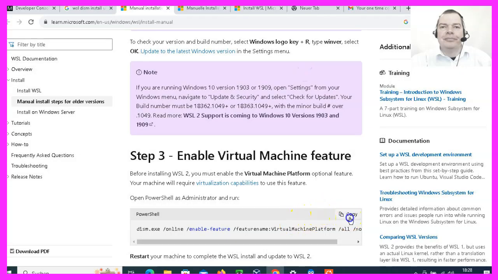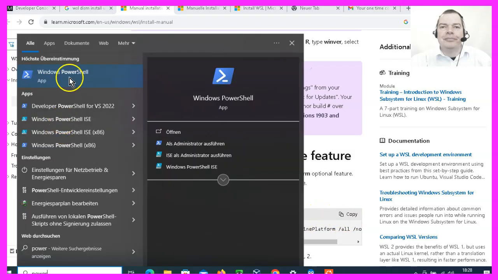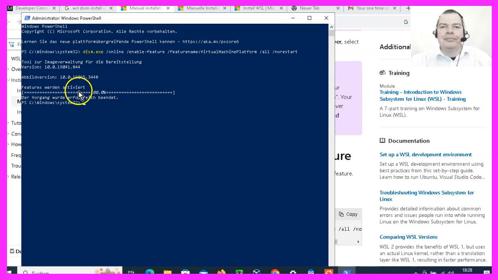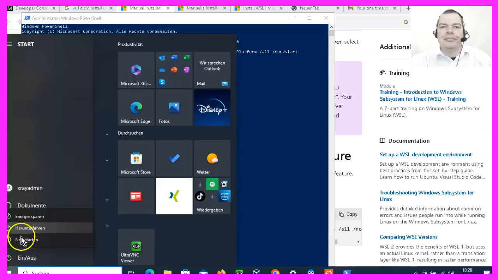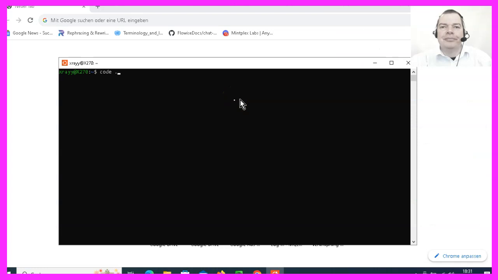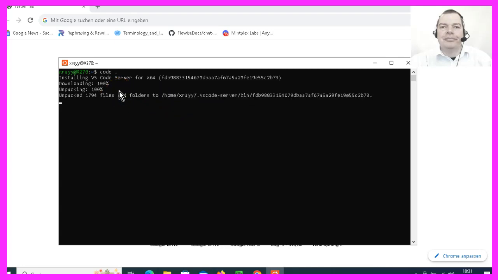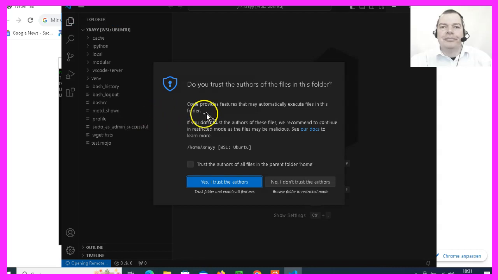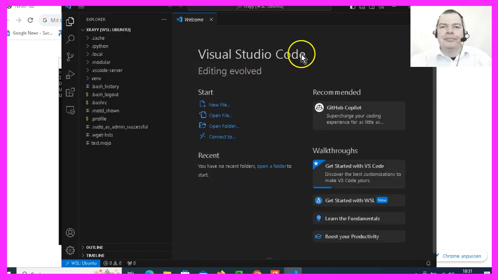And I will also copy this DISM command, run a Windows PowerShell in administrative mode, paste the command here. Now it's downloading something, and I guess I have to restart Windows. Let's try code and the dot without the virtual environment. And once again it starts to download something that may be required for something else. And this time actually and finally after about almost an hour, I can start Visual Studio Code from this Ubuntu